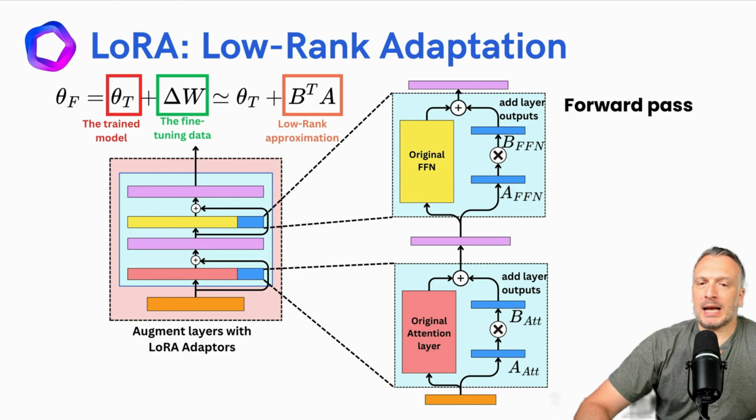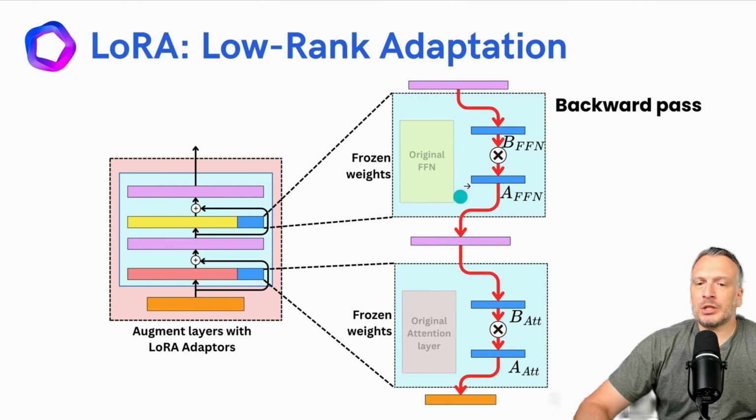At the end, we just add the resulting tensors to mimic this decomposition of terms. So remember that the original layers are frozen. We are not updating those anymore. So during the backward pass, we are only updating the B and A matrices. So we don't need to pass the gradients through the original matrices, we just pass them through the new B